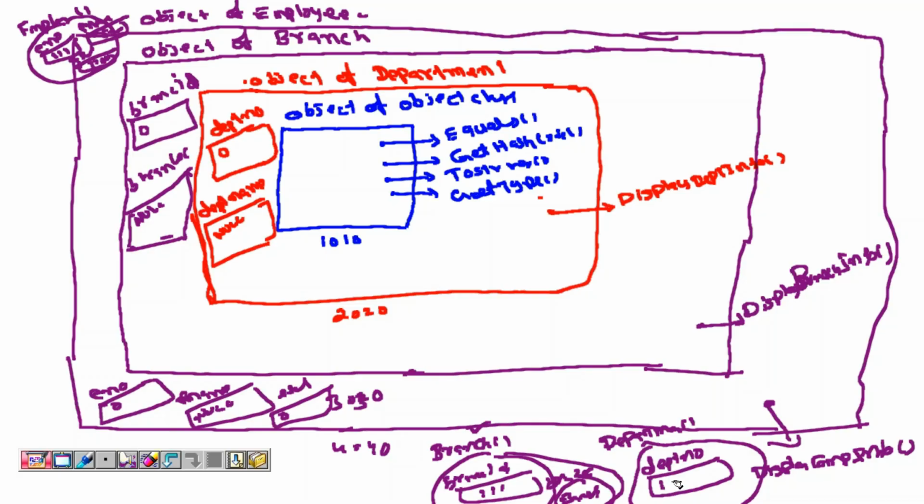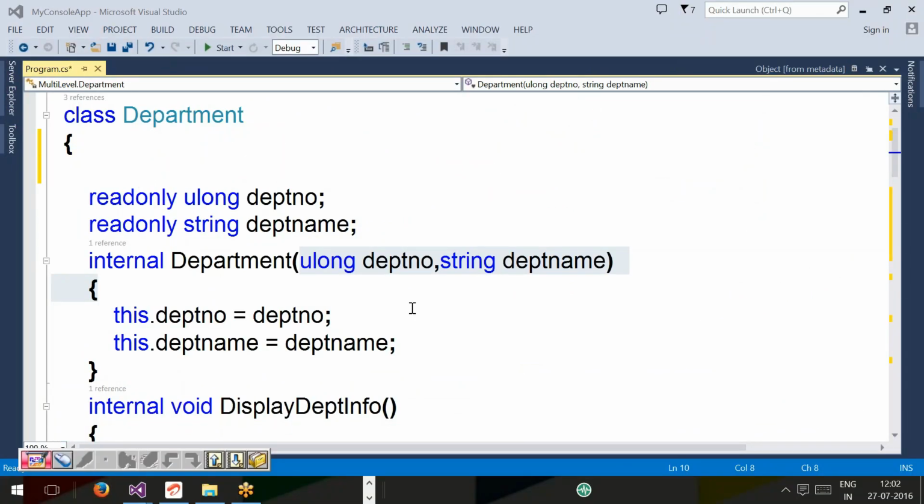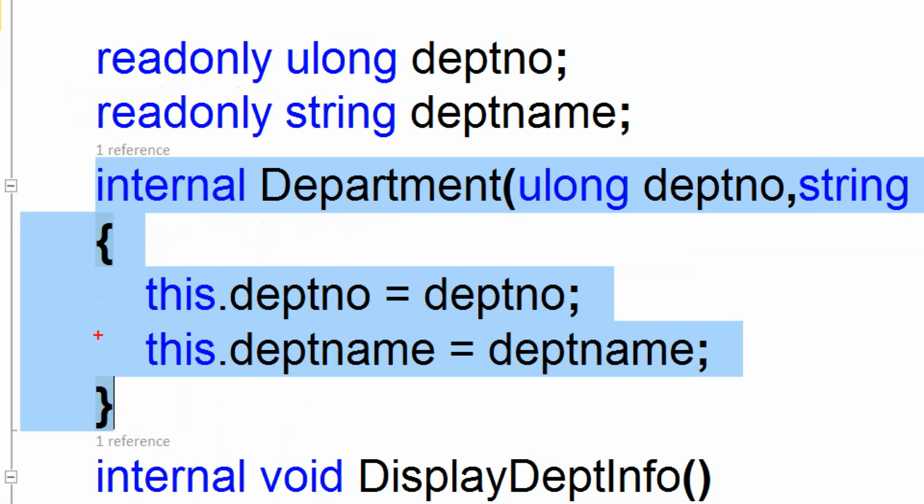Okay, local variables, 10. Next, department name, HR. But even though it will never execute the department constructor, here again you will have base of. Remember, base of will call the object class constructor. The object class default constructor will execute first. After that, control will come back and it will execute this line. This department constructor block will execute. In this block, it will be allocating memory from local variables to